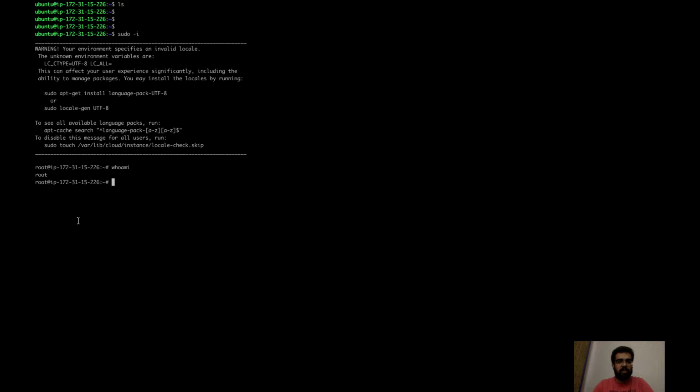For the first command, I will tell you how to check which directory you are in. For that, I will use pwd. pwd is basically to check at what location you are under the directory structure. At present, I can see that I am under the root directory. After that, one command is ls to check the contents of a directory. I can see that under this there is one folder, snap.